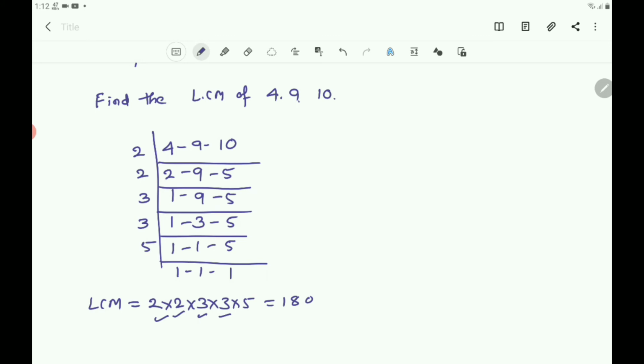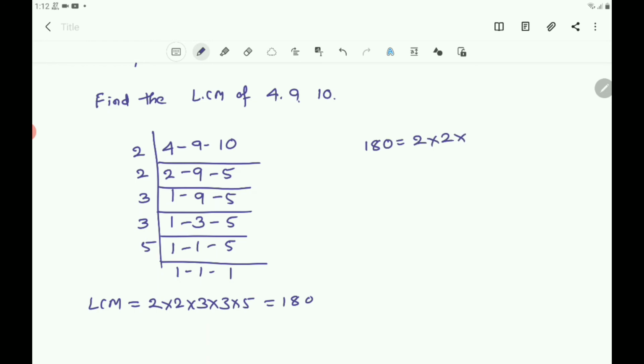180 is the smallest multiple of 4, 9 and 10. 180 is divisible by 4, also divisible by 9, also divisible by 10. So this is the least common multiple of 4, 9 and 10. Now to convert this into a square number, here you know that 180 equals